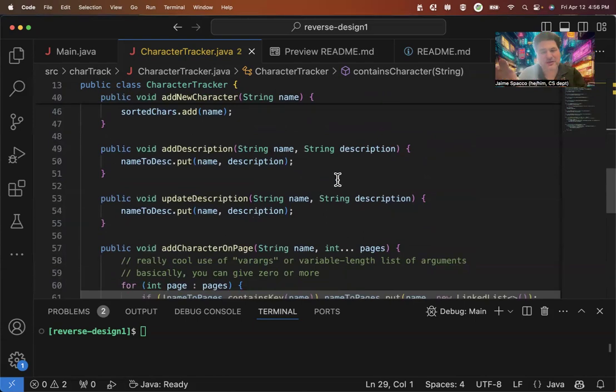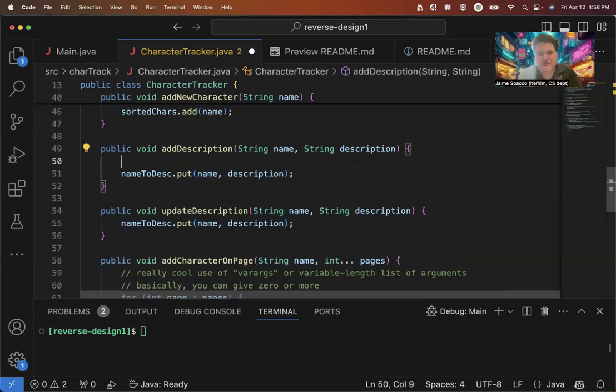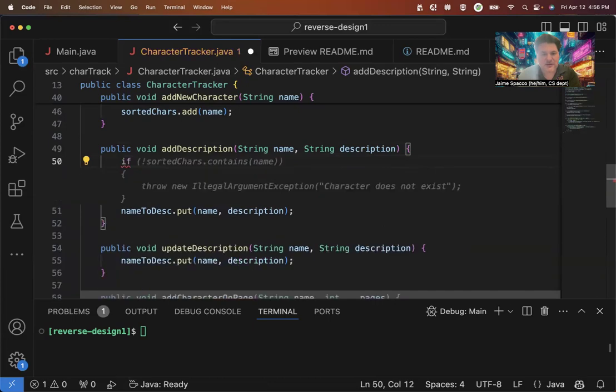These do the same thing. That is not great because what happens if we already have a name and a description in our data structure? Well, if we try to add another description, it just overwrites it. But if I say add description, well, that implies that it's an addition, that I don't have that character and I'm just adding their description for the first time. So that's like a little bit of a challenge. So probably what I want to do here is I want to say if oh,